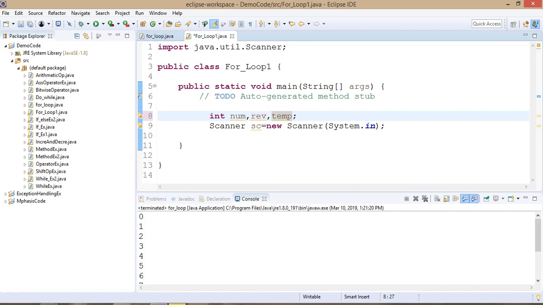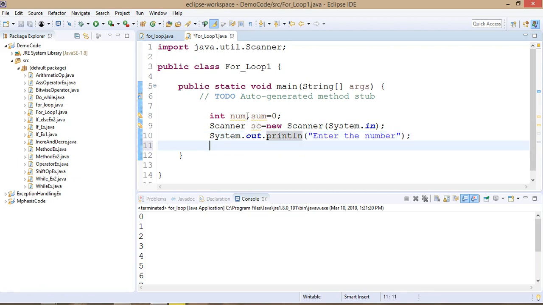The logic you have to think about, this program you can solve in many ways, so I'm telling you one way. Initially, if I want to do the reverse, check whether the number is a palindrome, or find the sum of digits, first we'll accept the number, then